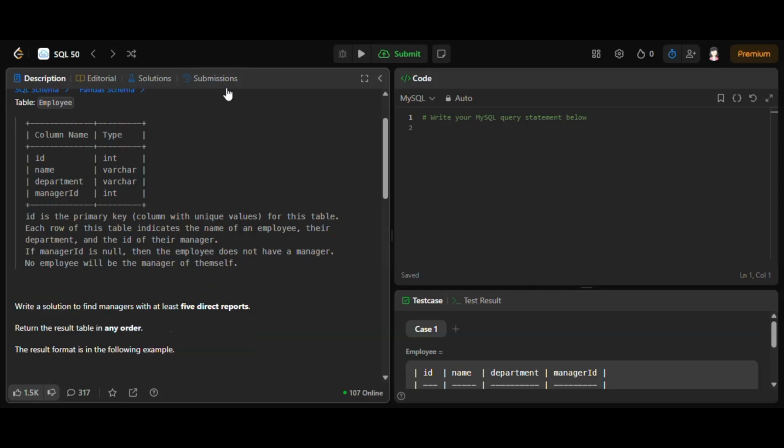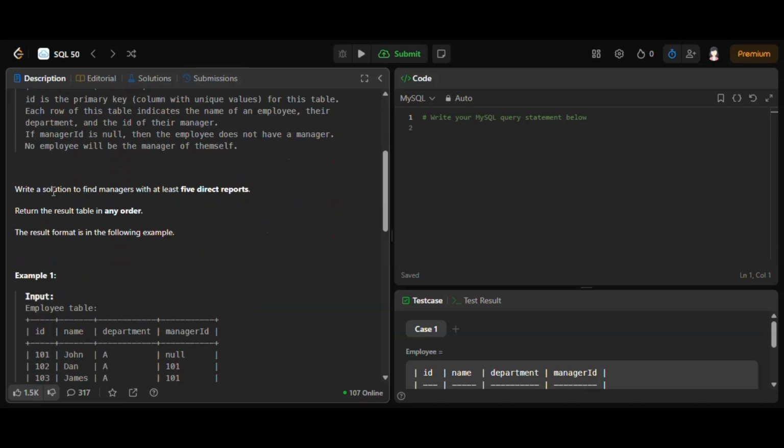Let us understand the problem statement. Write a solution to find the managers with at least 5 direct reports. Return the result table in any order. The result format is in the following example. Okay, what is given is